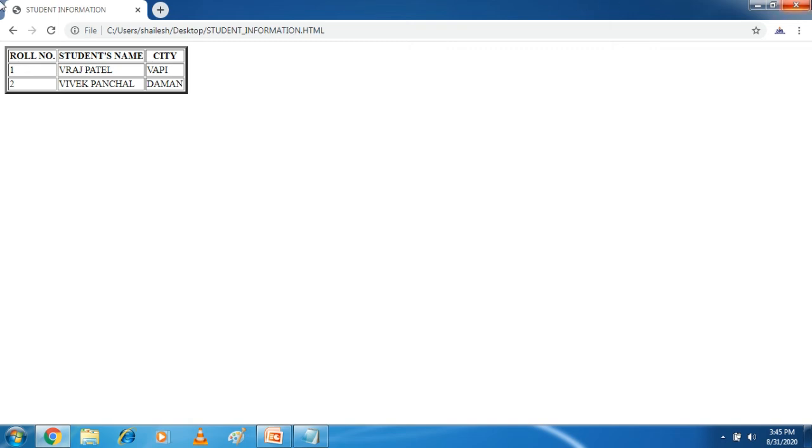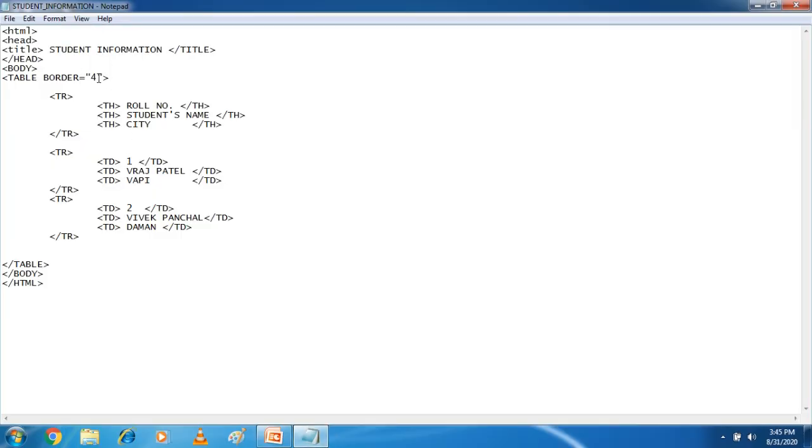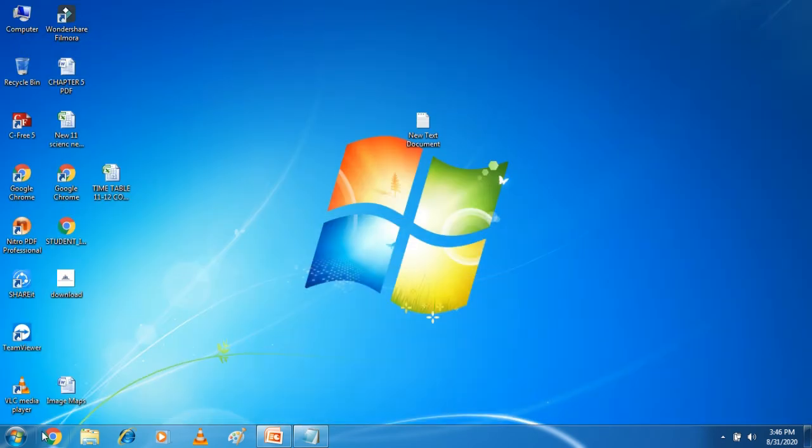So student, how to use this? Suppose you want to apply a background color, you can write here bgcolor equal to, I am writing here yellow. Okay, I save it and again I open it.